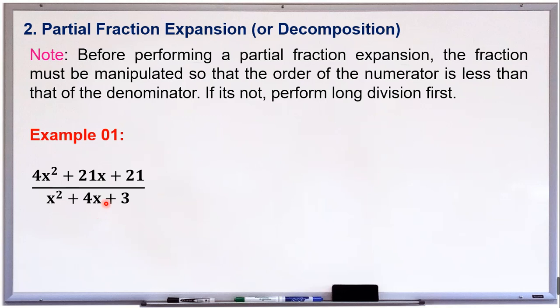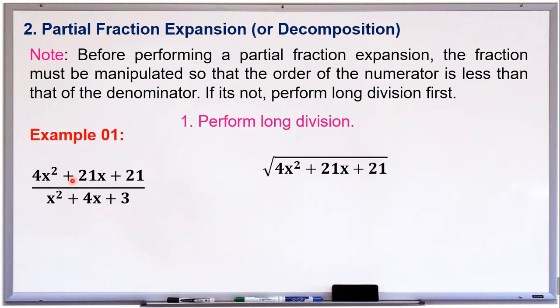So the first step is to perform long division. We're going to divide the numerator 4x squared plus 21x plus 21 by the denominator x squared plus 4x plus 3. For long division, your goal is to multiply a certain number or expression so that the first term of our dividend will be cancelled out. The first term of our divisor is x squared, so we're going to multiply by 4,